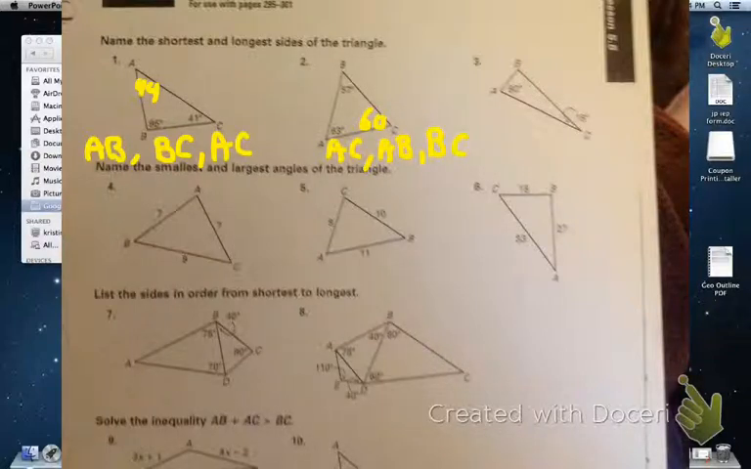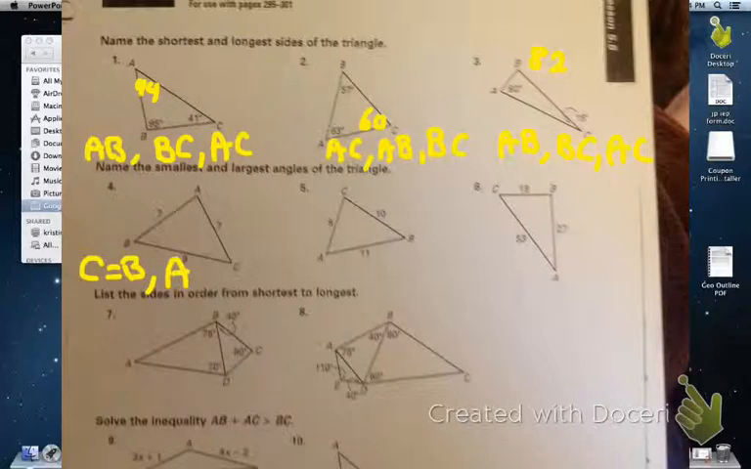And problem number 3, angle B is 82. So the order is AB, followed by BC, and last AC. And number 4, you have to put the angles in order. You'll notice that there are two sides of 7, which really means that there are two equal angles because of the isosceles triangle theorem. So we know that C is equal to B,